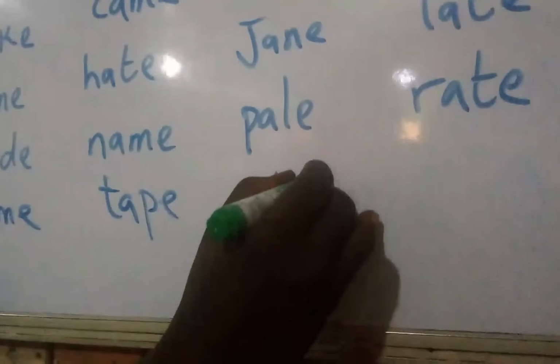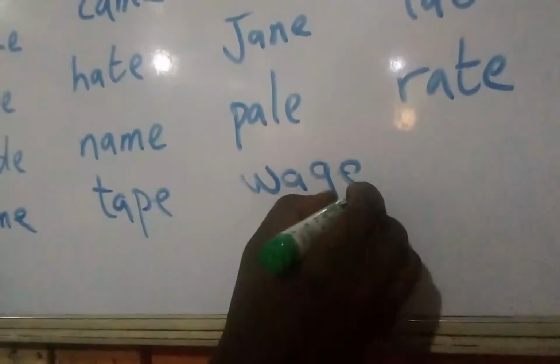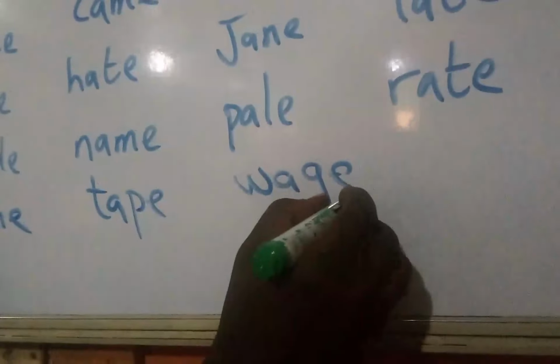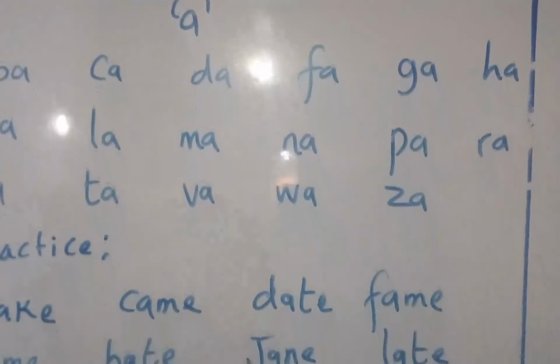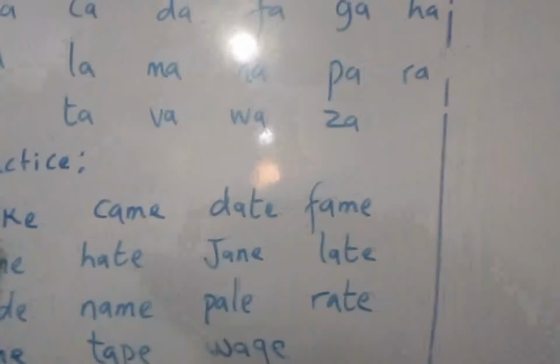We as in wage. Again, wage. Okay, now this is where we'll stop on A. Now the next vowel to be practiced is retained vowel I. Retained vowel I. Now, I think we can practice the two-letter sound of it, where you have this to be